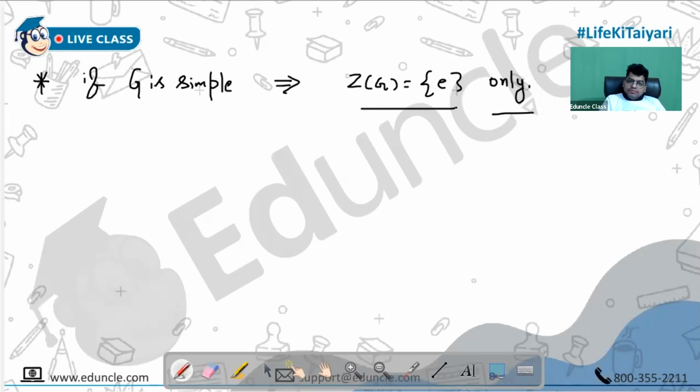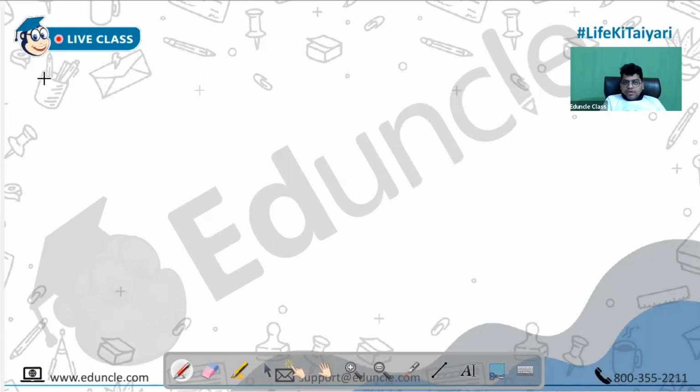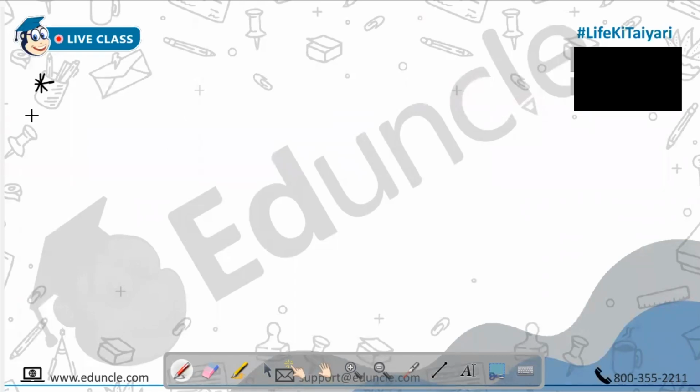क्योंकि इसका भी एग्जांपल हम दे सकते हैं। G is equal to Z_p, simple, Z(G) is equal to Z because this is abelian. Done? Yes. हाँ बताओ क्या कह रहे हो? सर इसमें जो अभी लिया था लास्ट एग्जांपल सिमेट्रिक 2022 और इसकी जगह अल्टरनेट लेते तो सिंपल हो जाएगा ये। यस,